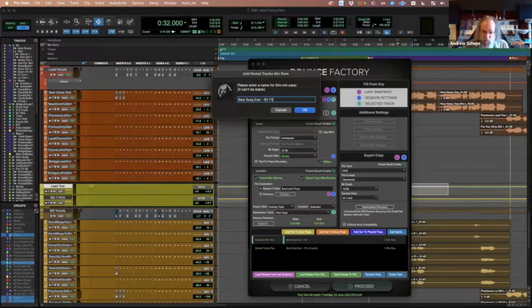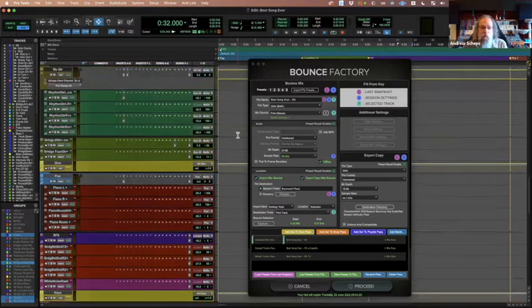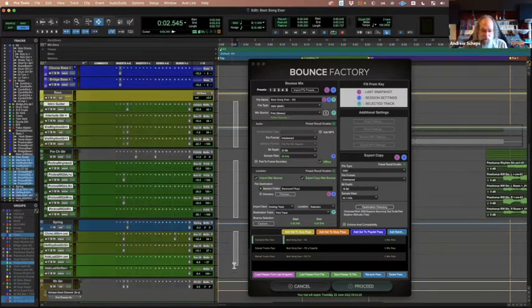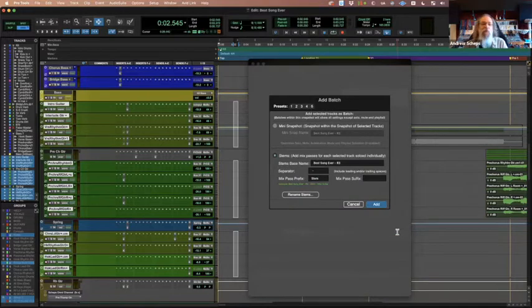And then we can say, all right, but now I got to print some stems, because I'm sending it off to someone to do Atmos, or I'm going to do the Atmos of it, and I want all of my guitar tracks separate. So I can now add a batch by selecting a bunch of tracks here and say, I want to, and this is going to all look a little like there's a lot going on,